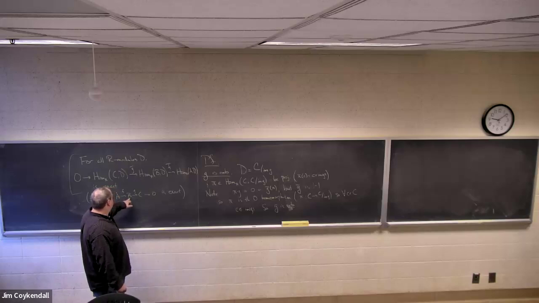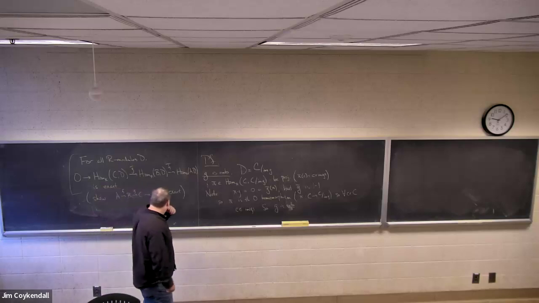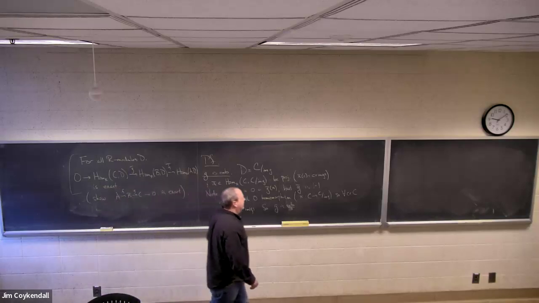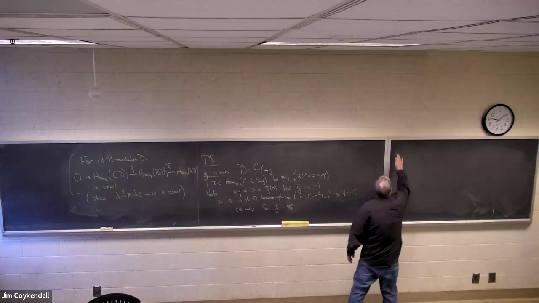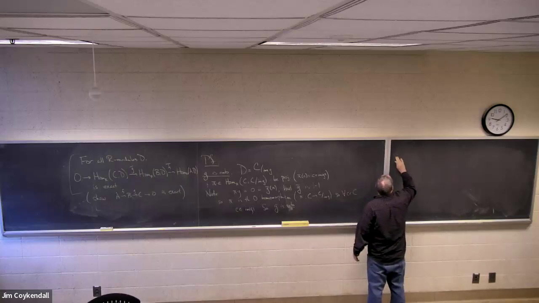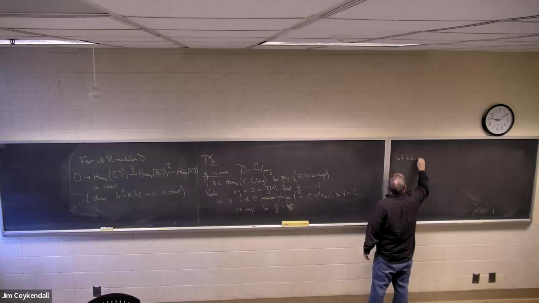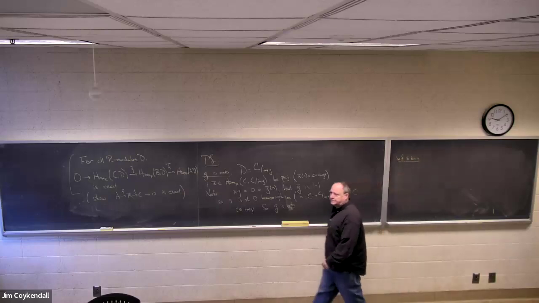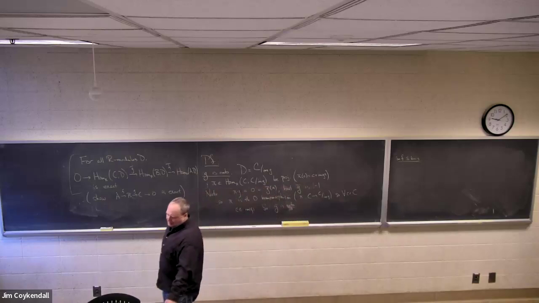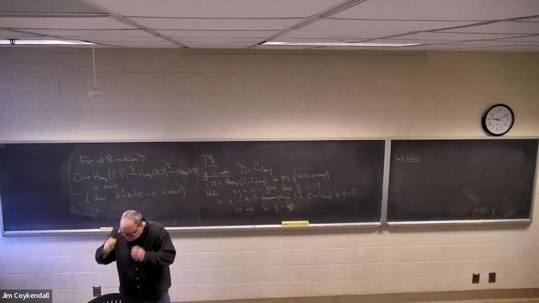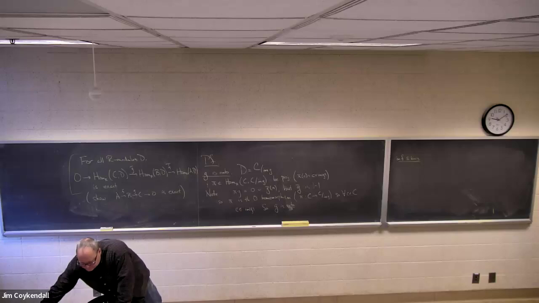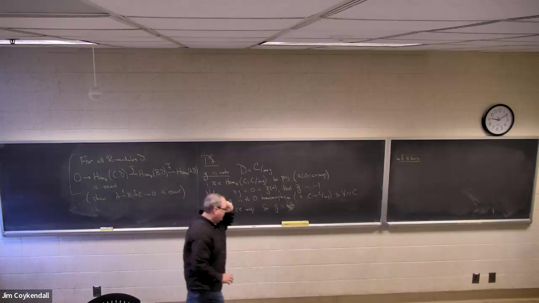I need to show that the image of F is contained in the kernel of G, and the kernel of G is contained in the image of F. Of course, I've got no obligations on that one. So let's do the image of F contained in the kernel of G. In this case, what I want to do is pick